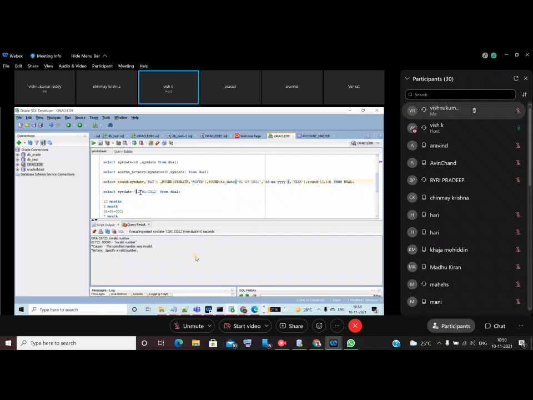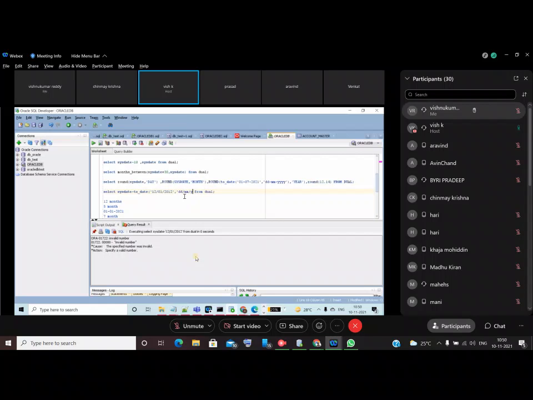Whenever any date format is there, if you want to convert it as a date, you have to use the to_date function. In the to_date function, your argument, then comma, you have to tell the system what this 12 is. 12 is my date. DD means date, slash, the same format, slash, and month MM.